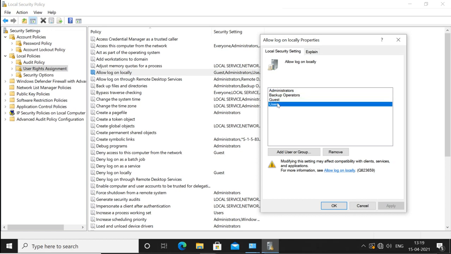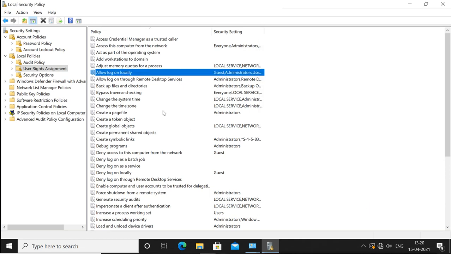Administrators can log in locally. The members of the backup operators group, guest users and normal users group members can also log in locally. Same as the other policies, they define who can do what and who cannot do what.